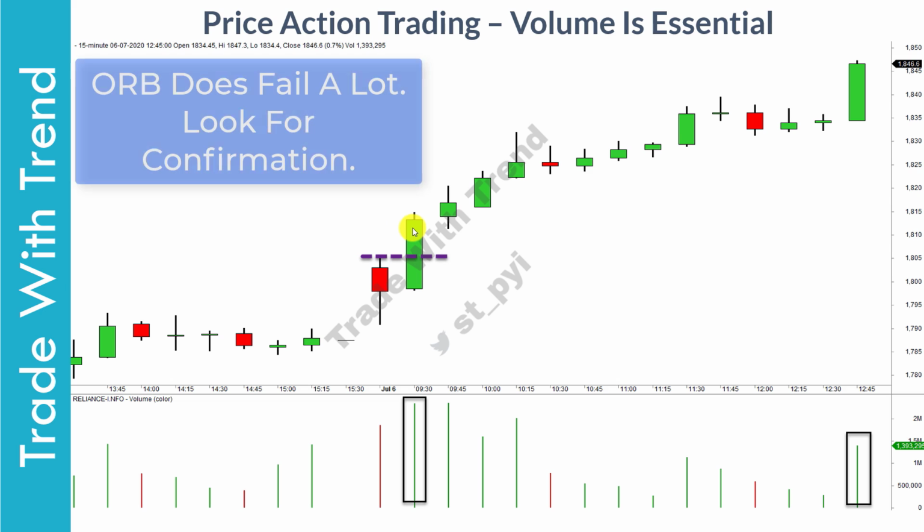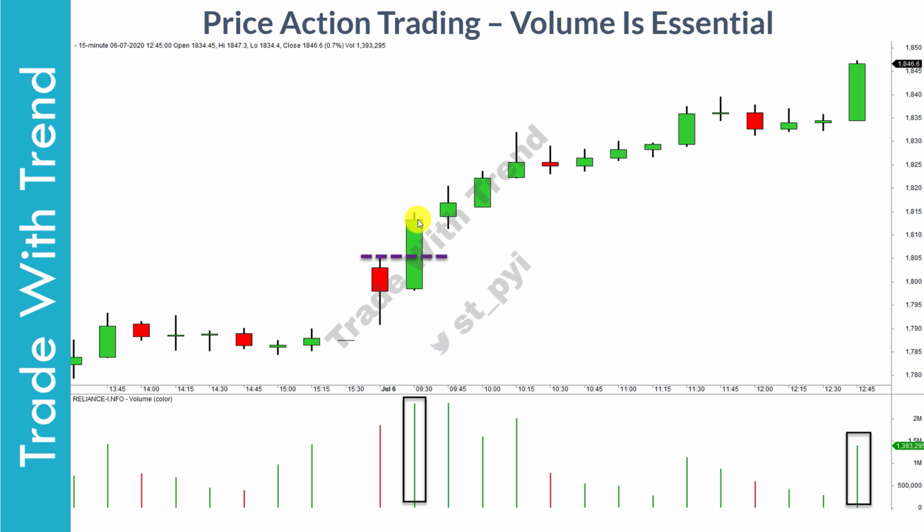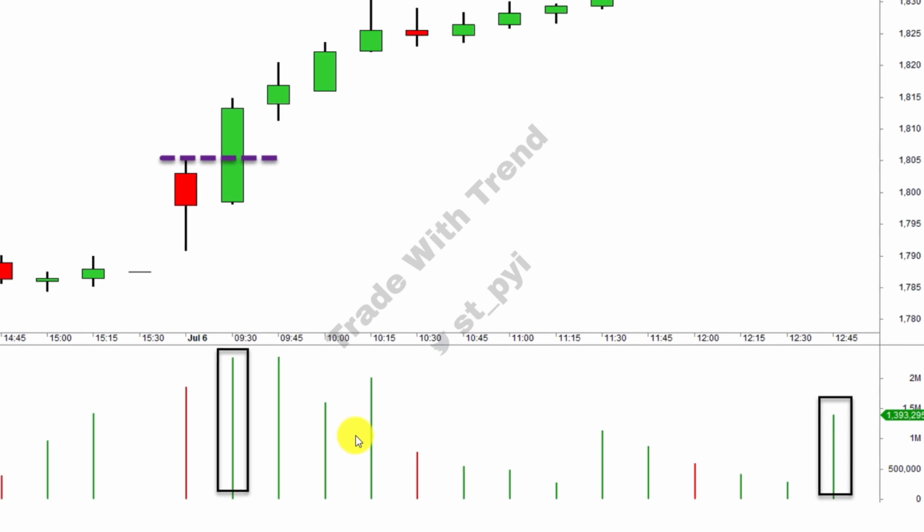And once the opening range candle finishes, do take a note of the volume activity immediately after this candle. The main reason being that as price will move in the direction of breakout, volume activity should pick up. This just tells you that stronger hands are entering the stock and probability of stock heading higher does increase.